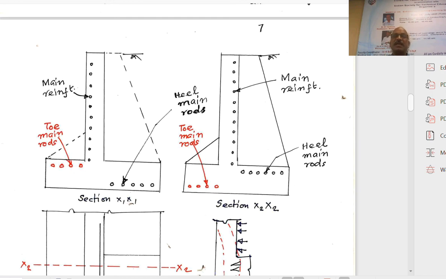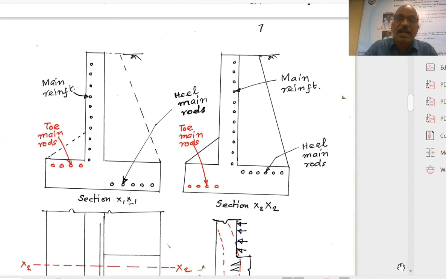So it requires design of a number of components. When a particular component alone is asked, we must understand the full design and find out what details are required for the design of that particular component. That alone you must be able to do and straight away do that. We need not do the design right from the top. When the heel design is asked, you need not take everything from the upright slab. So what information is required? That alone, how to calculate and how to directly start the design of the heel slab or toe slab, like that. So I think that completes the design of the counterfort retaining wall.